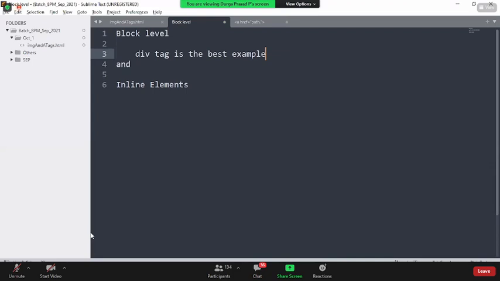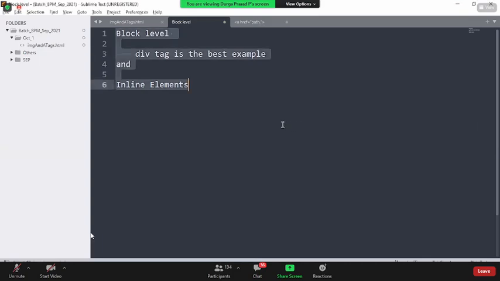Then what is the div tag used for? The main intention of the div tag is to group related items as an individual block. A block level element is always used to group related items into a single block.